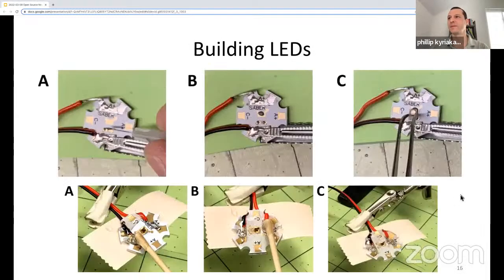And then another thing we did is not only make instructions on building the LED, but we did a little bit of innovating on how to solder these LEDs. So we found that when you solder one of the wires onto here, this heat sink is really good, obviously, at transferring heat. So when you go to solder the next wire, sometimes this one comes loose. And someone who has a good electronic setup might have no problem with that. But we don't know